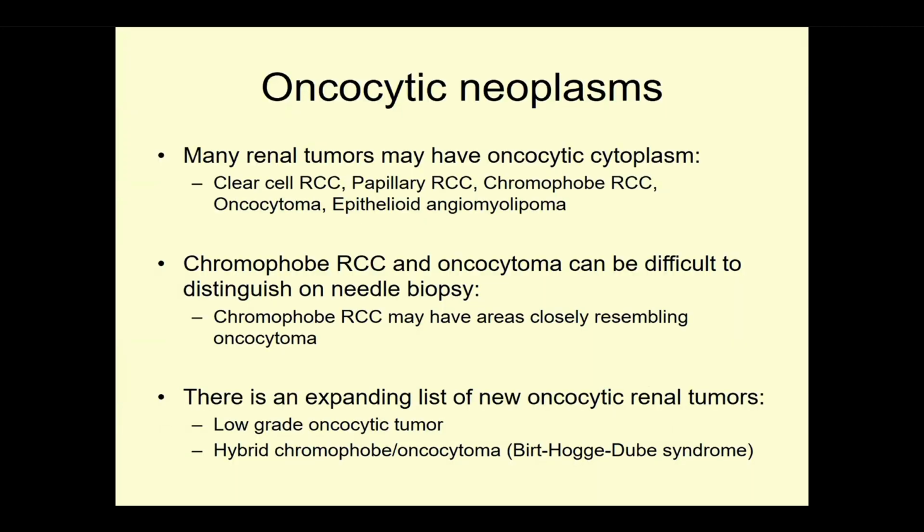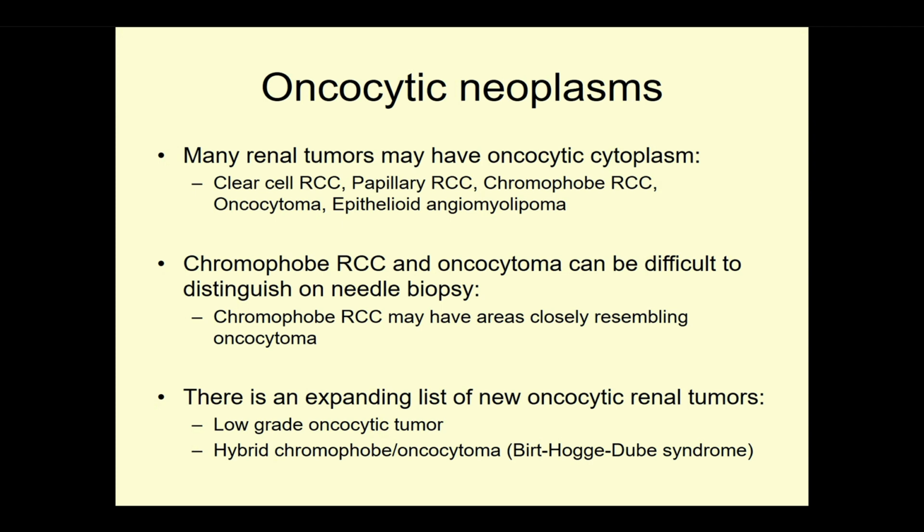But as Mike mentioned, oncocytic neoplasms on needle biopsies and often on resection specimens cause the most difficulty. The problem is that many renal tumors can have oncocytic cytoplasm. So the classic differential is chromophobe renal cell carcinoma versus oncocytoma. But as we've seen, clear cell renal cell carcinoma can have eosinophilic areas, as well as papillary tumors and epithelioid angiomyolipoma. The problem with eosinophilic chromophobe RCC and oncocytoma is that chromophobe renal cell carcinomas can have areas that very